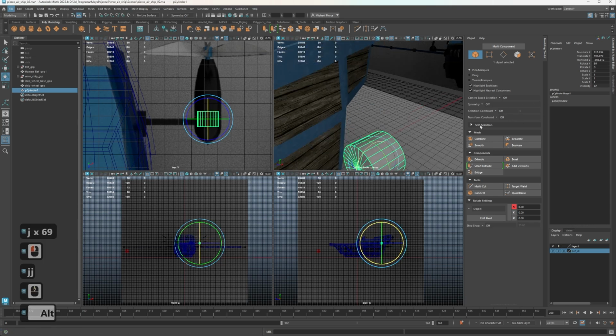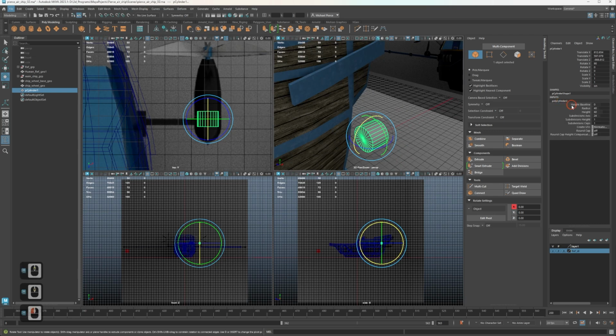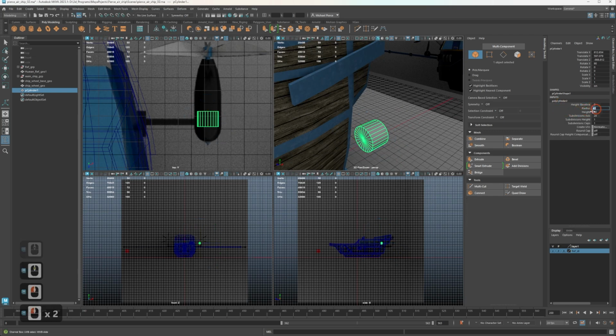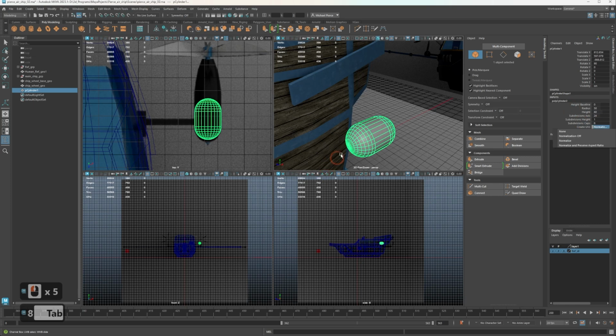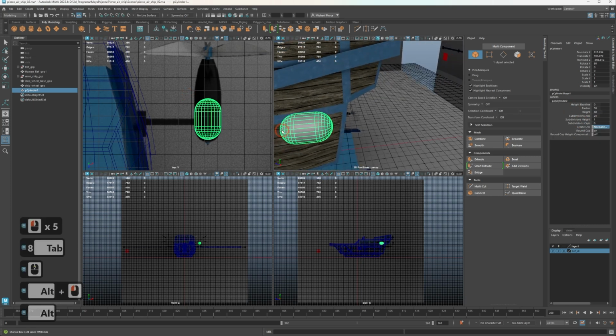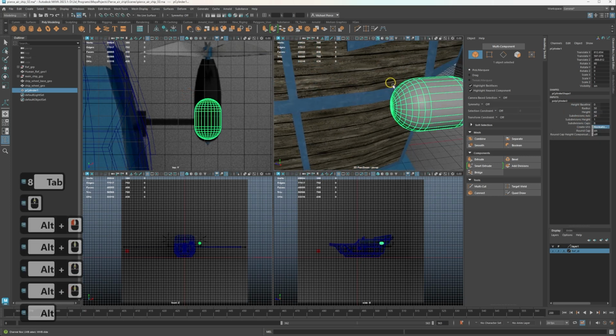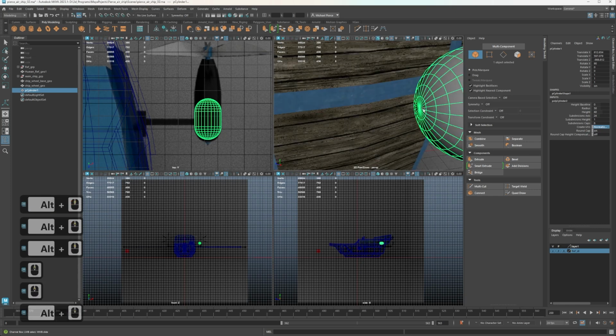Next, I can also go, let's make this even 50. There we go, perfect. Now I'm going to turn on the rounded caps. You can do this by middle mouse dragging left and right here, or you can type in 1. And then I need to add in, I'm going to say 8 divisions for the caps. This way I can come along here